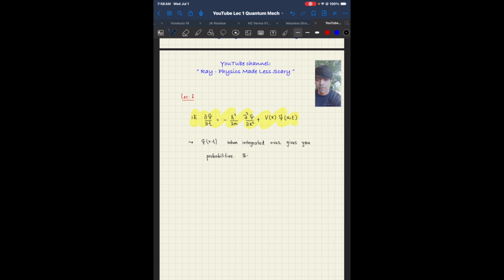That is, the probability of a particle lying between, say, x a and x b is going to be given by